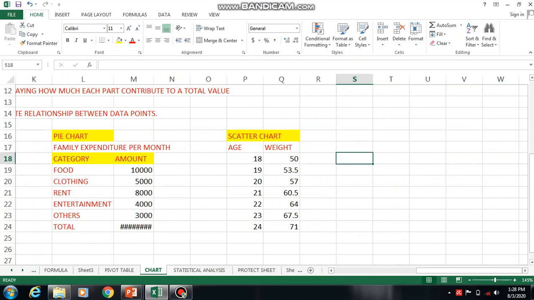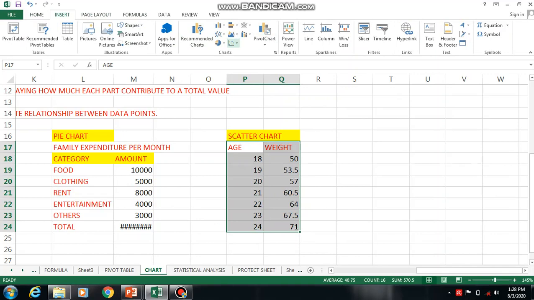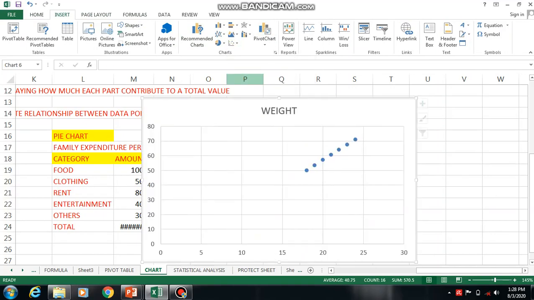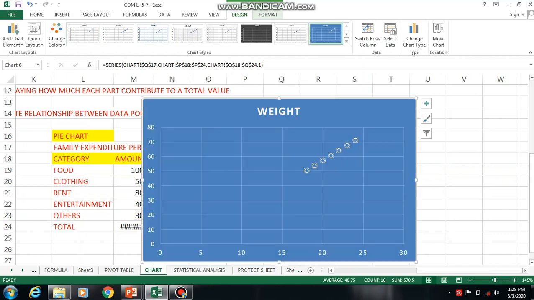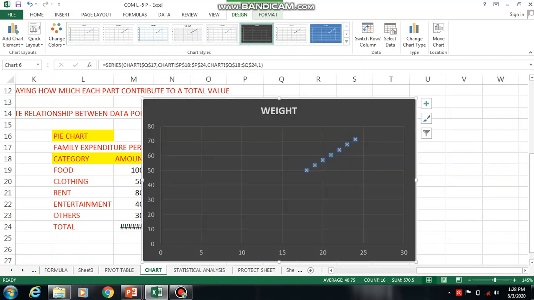You select this data and then go to Insert. In the chart section you will have the scatter chart. Here you can see it is increasing, so on increasing the age, the weight is increasing. Based on this scatter chart you can find the XY relationship.